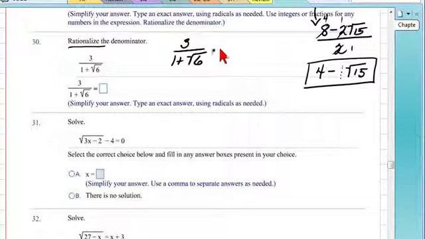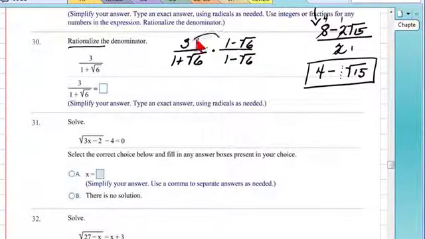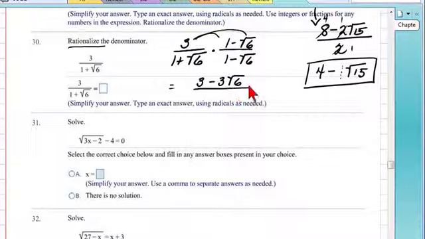What do I multiply by when I have a denominator that has 2 terms in it? The conjugate, which is the difference in this case, 1 minus the square root of 6. The numerator's multiplication is just the distributive property. So that gives me 3 times 1, which is 3. 3 times negative square root of 6 is negative 3 square root of 6. It's over